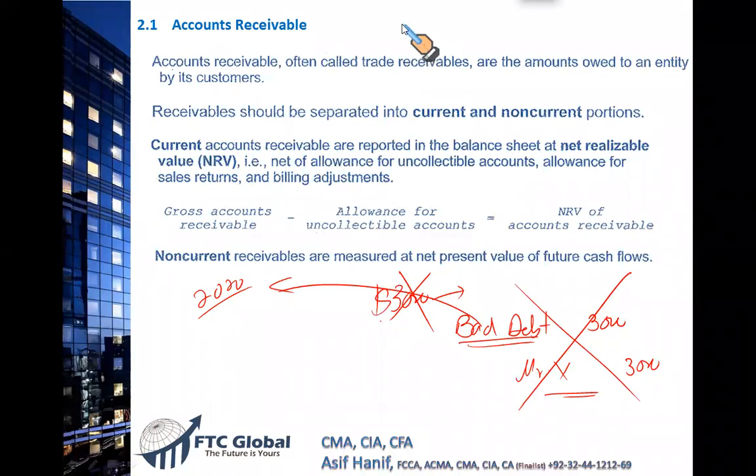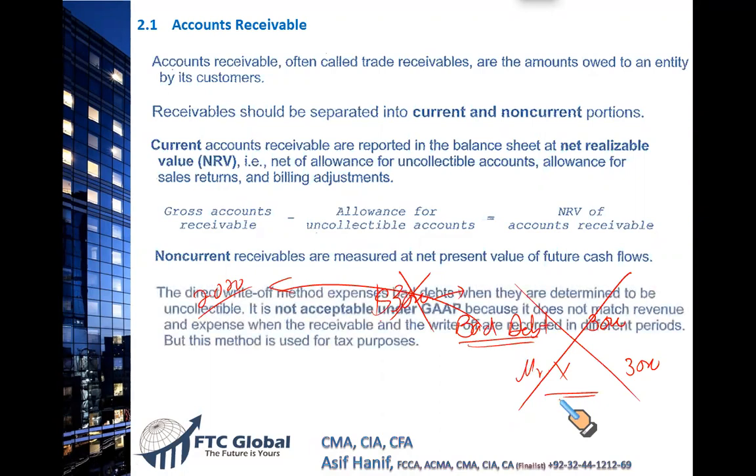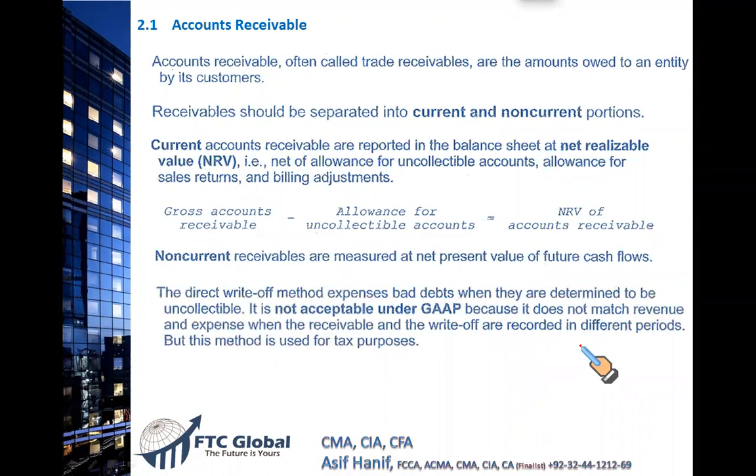Normally, when I say small organizations in Saudi Arabia, those people do not know the details of IFRS and US GAAP. So they will simply write whatever is not collected, debit bad debt, credit the customer. But remember, the matching concept explicitly says in the US GAAP that you cannot write off the bad debt this way, because this violates the matching principle. Direct write-off is not acceptable. If you're doing it, this is not acceptable under the US GAAP. What is acceptable, we'll discuss later, but after doing a question.